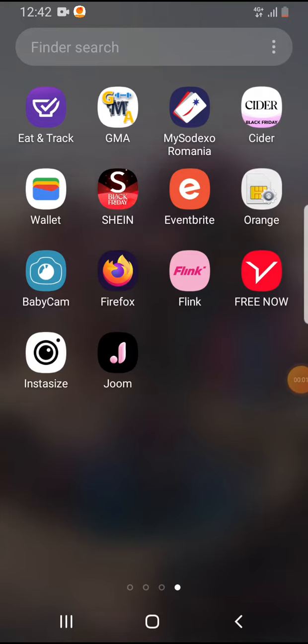Hello guys, in this video I'm going to show you how you can set a timer to close your tabs in